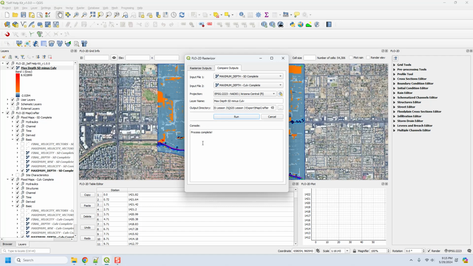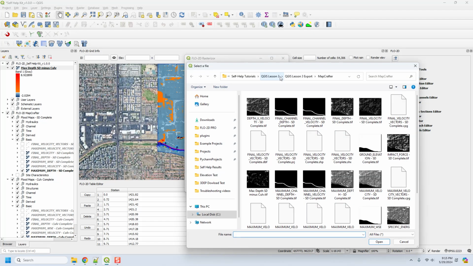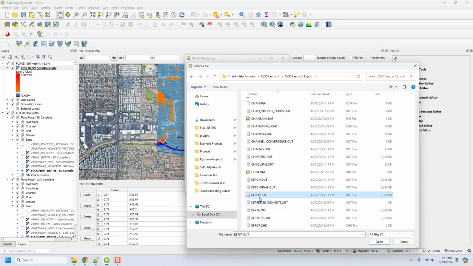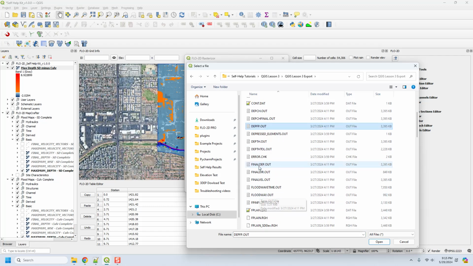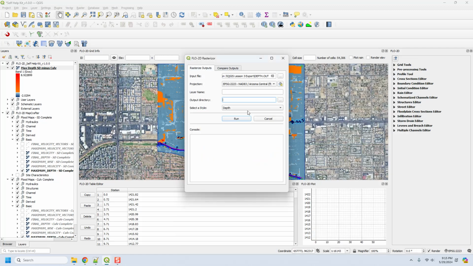Rasterizer is also an awesome tool. We're going to talk about that difference analysis here in a second, but Rasterizer is also an awesome tool for quick mapping a single file at a time. So if you just need to look at something really quick, you can click MapCrafter, take it to any project that has results, and you can click any of these files and map it. So for example, this is the maximum depth without a channel, and this is the maximum depth combined with the channel. I don't need to right click, I just need to double click on that,